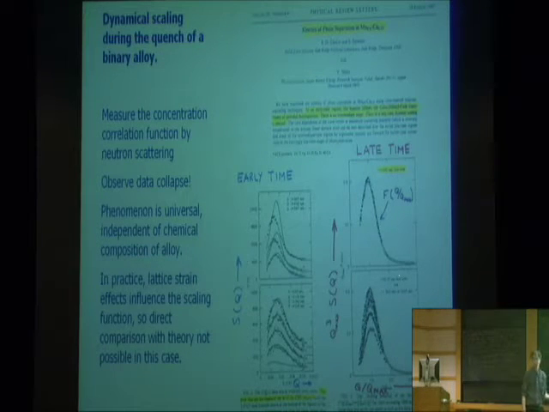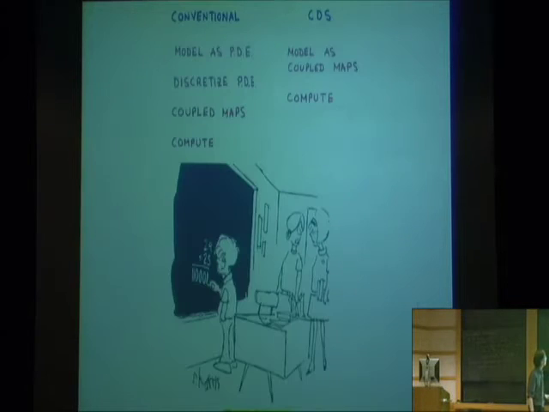So that is how you measure this scale invariance that you could see with your eyes, the statistical scale invariance. That's how you measure it in an actual experiment. Now, how do we model that kind of phenomenon? So the usual approach would be to write down some sort of partial differential equation, and then you look at